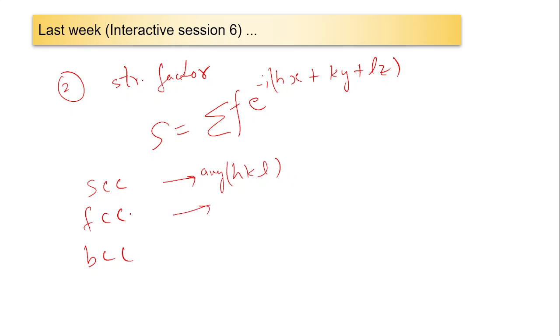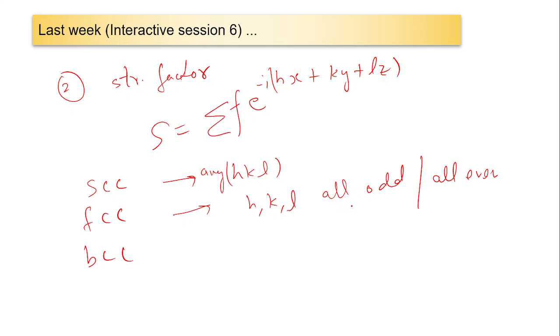But in FCC, where the atoms are not only on the corners but also on the faces of the unit cell, it results in a combination where we find a specific rule: for FCC, if the individual values of HKL are all odd or all even, then only will it satisfy Bragg's condition, and we'll see